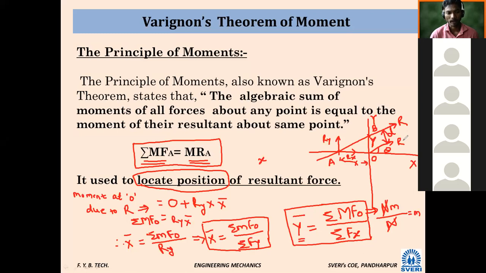If it is only asked to find the resultant and its direction, so what we are supposed to find? R and theta. But if it is asked to locate the position of the resultant, which three things we have to find? D for distance, x bar for x intercept, and y bar for y intercept. These many things we have to find.